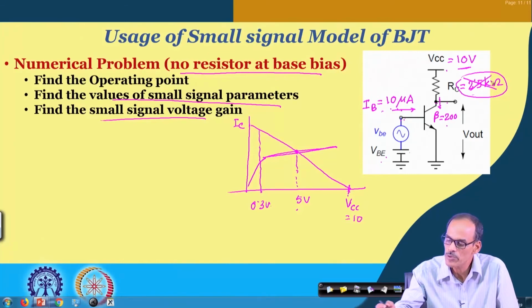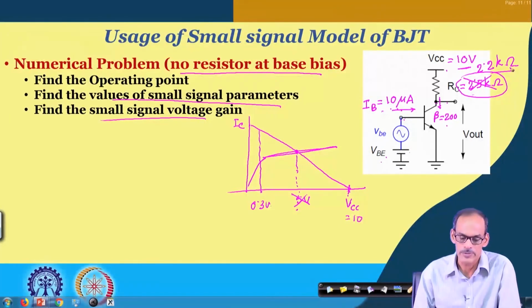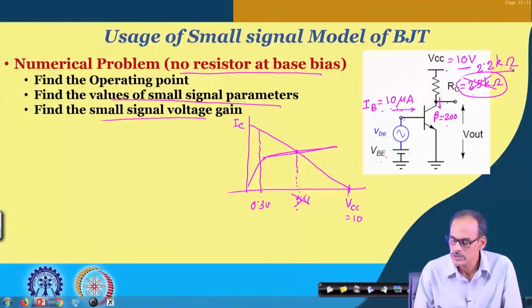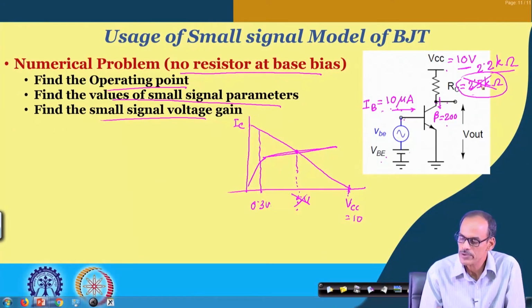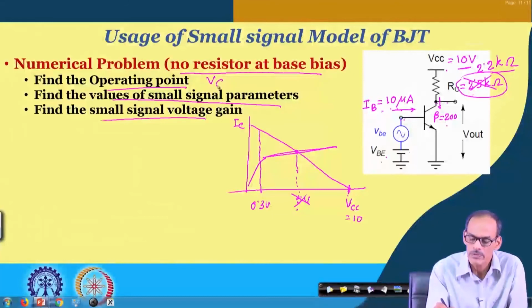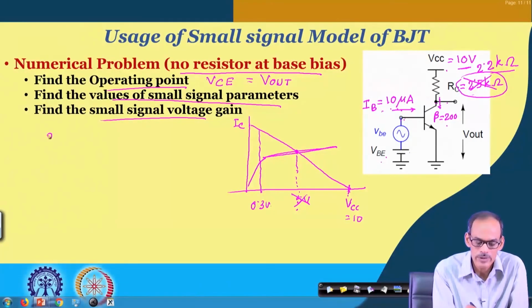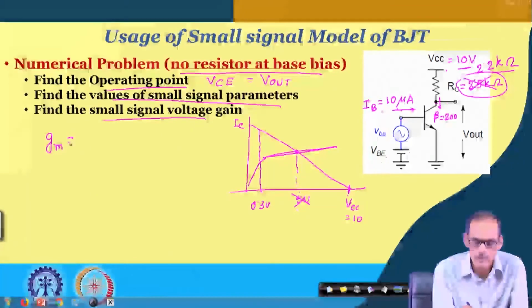But whatever it is, just for your practice, instead of 2.5 which is giving us exactly 5 volt, let us consider something different, maybe 2.2 kilo ohm, which is a practical value; 2.5 normally we do not get. So, probably you can try and find the operating point, namely the IB it is given, collector current is also very straightforward. Then you can find the VCE voltage, which is nothing but V out also, and then you can find the value of the small signal parameter gm